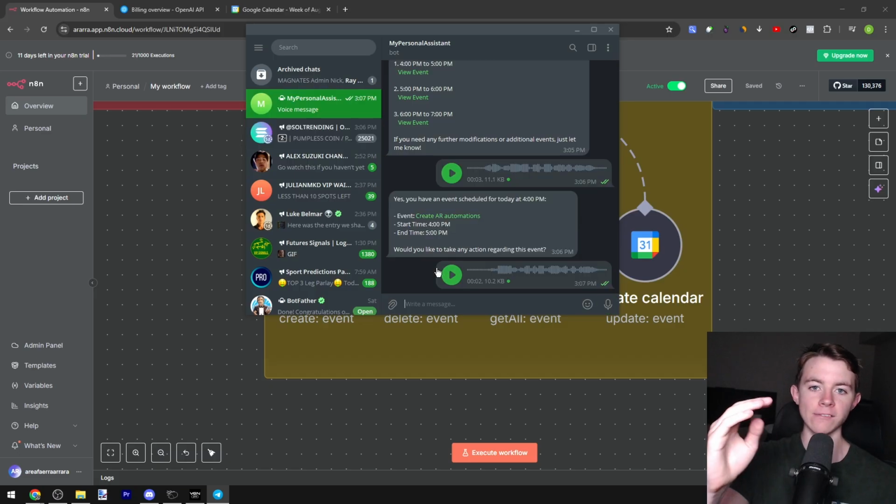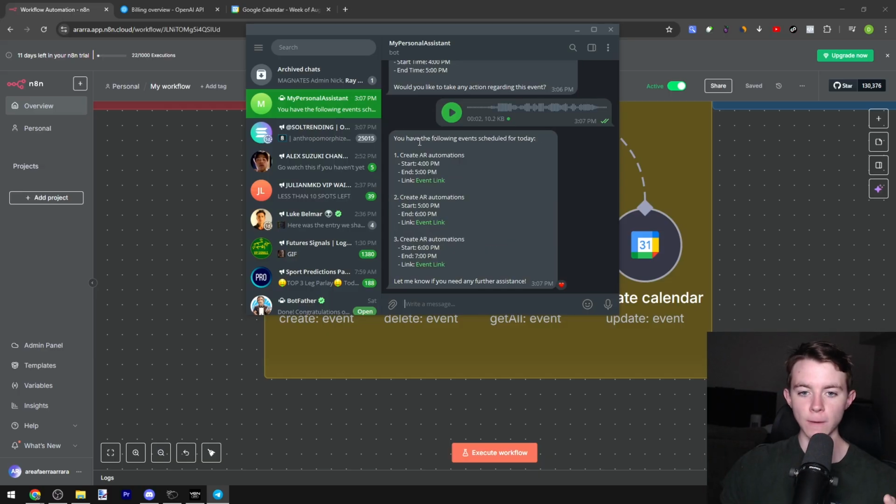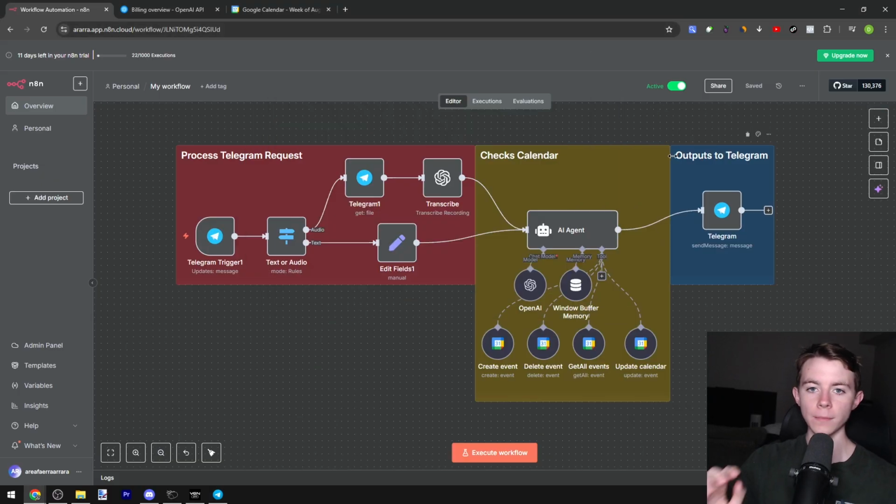And it should send us back every single event that's going on our calendar. And guys, this is honestly one of my favorite workflows, and I use this workflow on a daily basis. And it just responded and it said, you have the following events scheduled for today. And it lists out all the events that we have going on. And now that you guys know that it actually works, I'm going to show you how you can set this